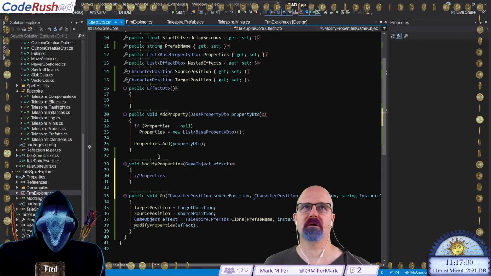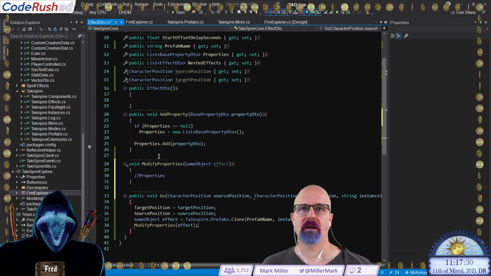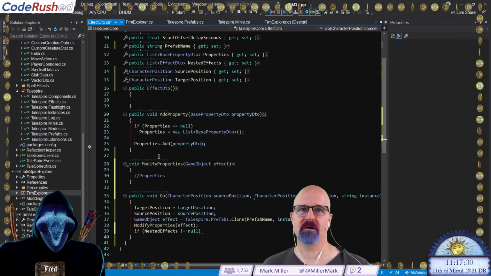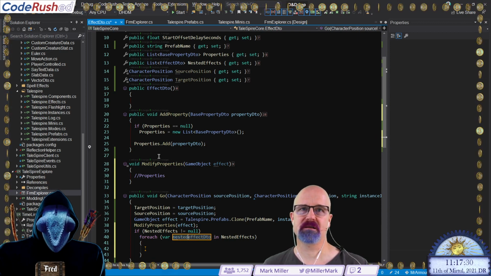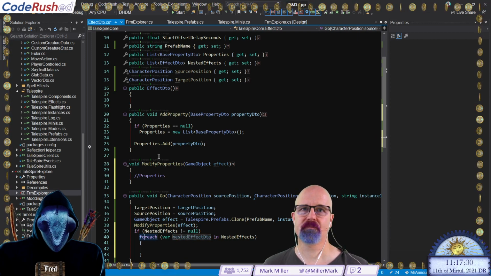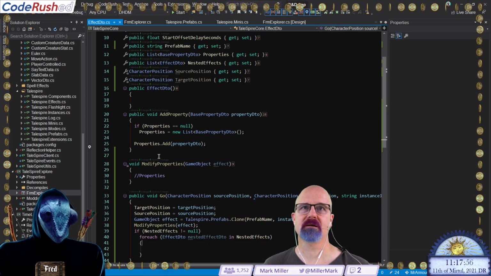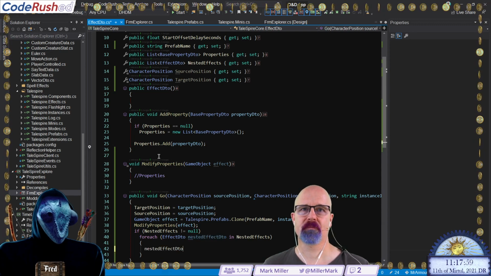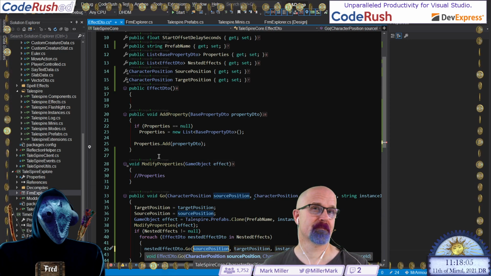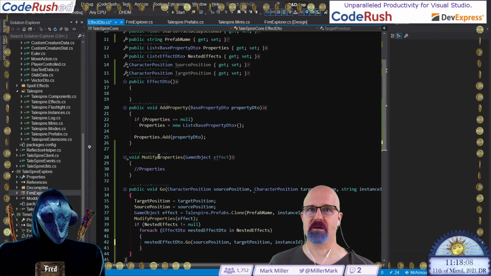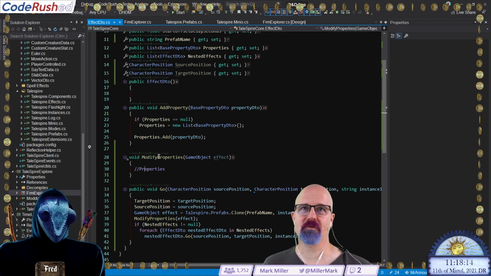We also have this ability to do recursive nested effects. Yep. And so we kind of need something here that says, hey, if not null, then for each one of these nested effect ETO, we want to go in and say nested effect ETO dot go, and I think it may just be the same parameters all the way passed in. Maybe so. I love the wisdom. All right.